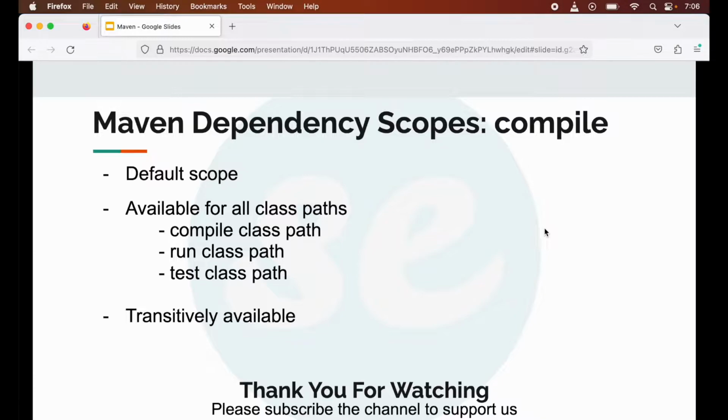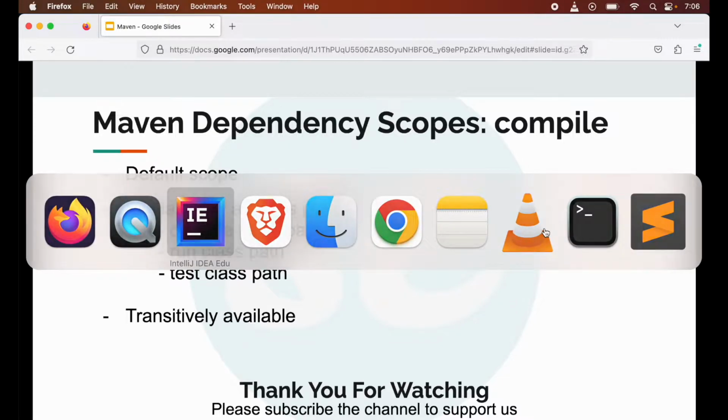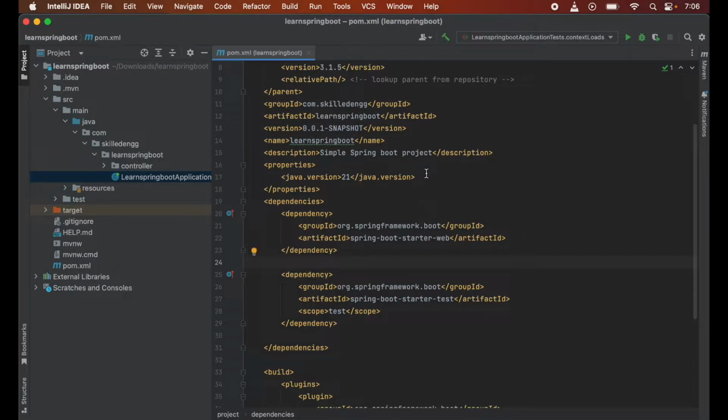So let me explain you through one example. I will open the IntelliJ IDE, and I have this particular Maven project in which we have defined one dependency and we have not specified any scope here. So the scope for this particular dependency will be considered as compile.